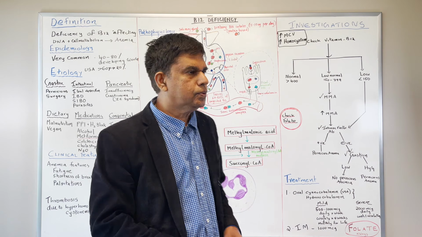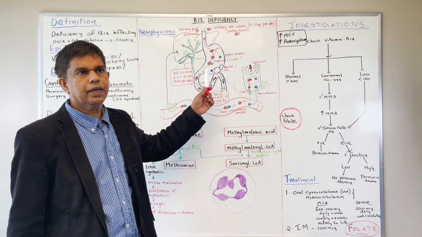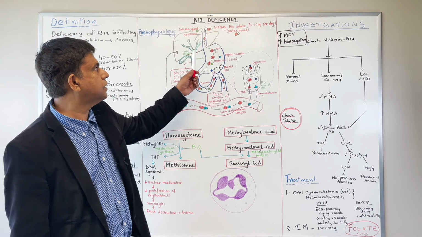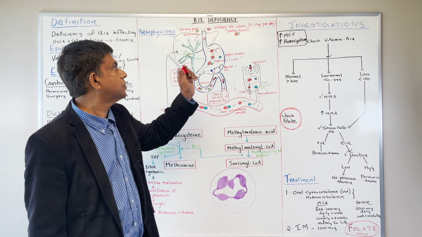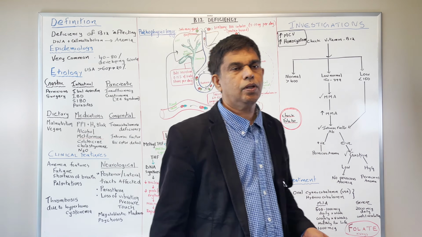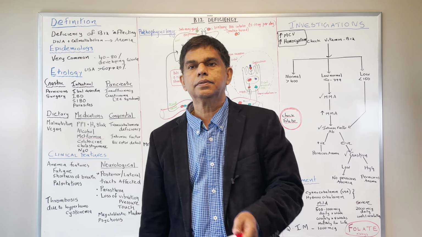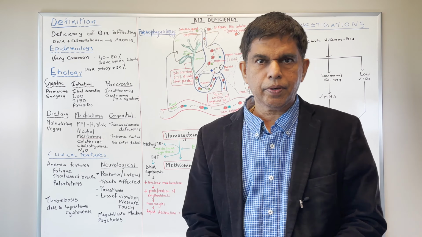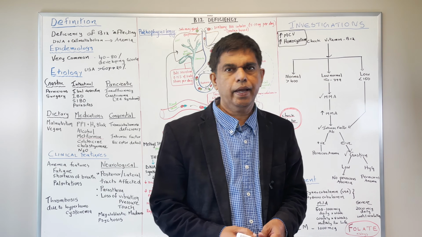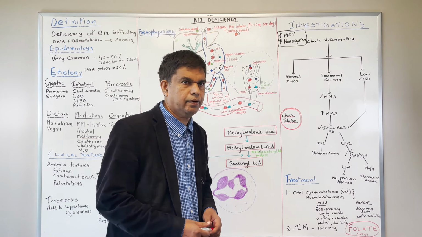Now we talk about all of this. Let's go deep into the cell and the stomach. What happens? We put them into two parts. Let's start with what happens in the stomach. In the stomach, let's talk about the diet. Somebody tell me, where is vitamin B12? What kind of diet should we take? Any dairy products? Dairy products have vitamin B12. What else? Meat products. Eggs. Fish. All of that has vitamin B12.